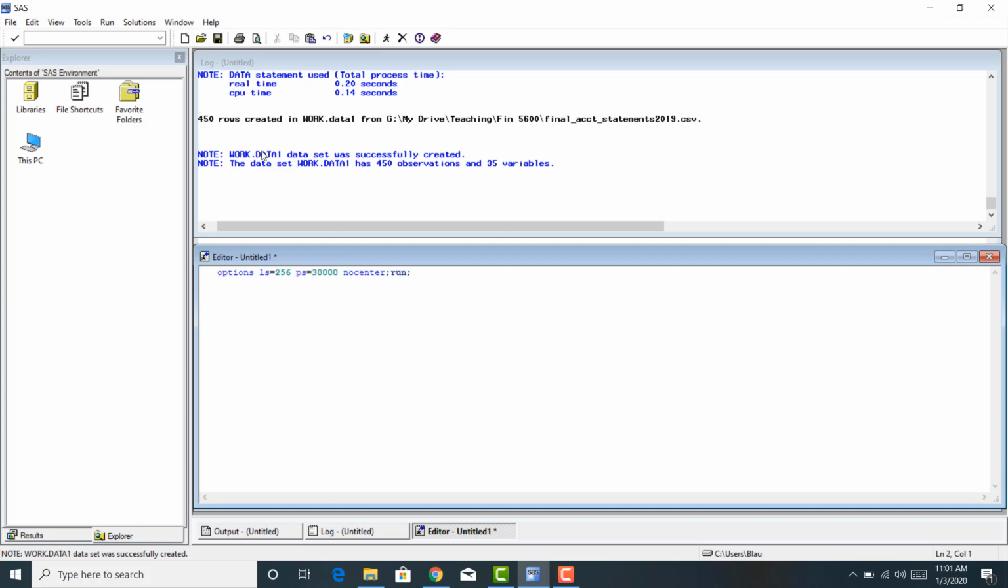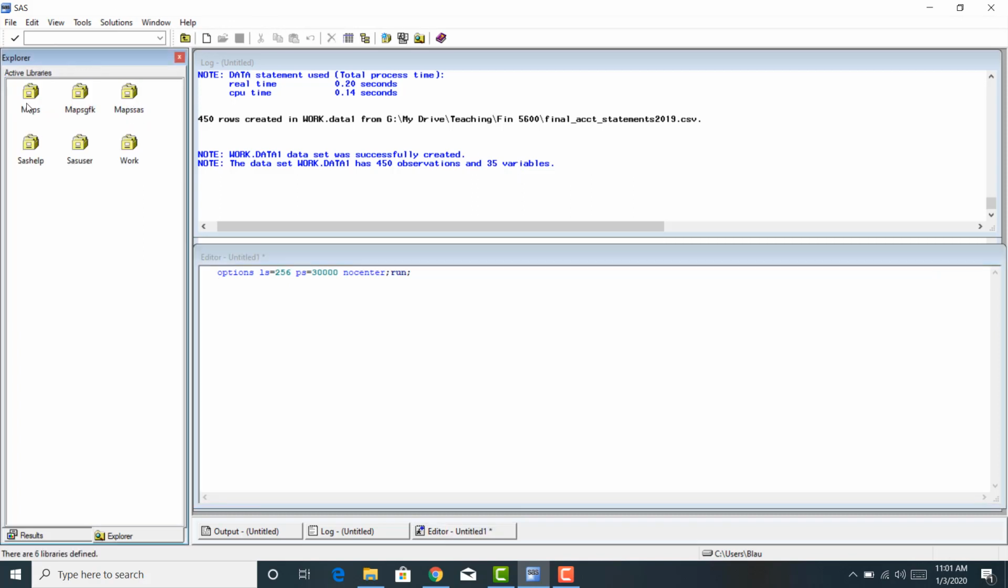You can see that work.data1 data set was successfully created. The data set work.data1 has 450 observations and 35 variables. You already know what that looks like. I can click in here, go under Libraries, under Work, and there's a SAS data set called Data 1. I can open that up,